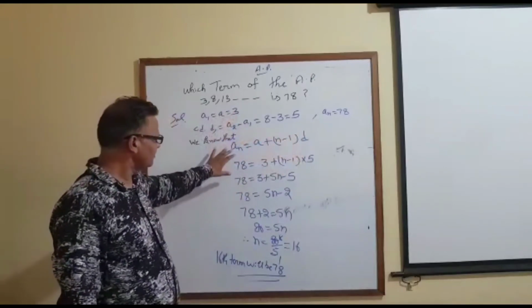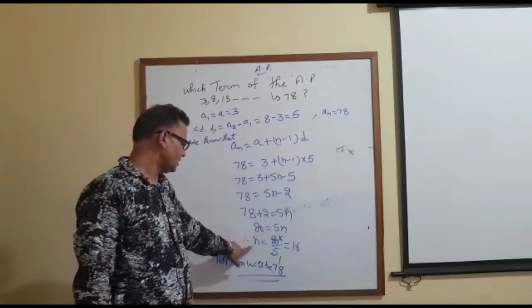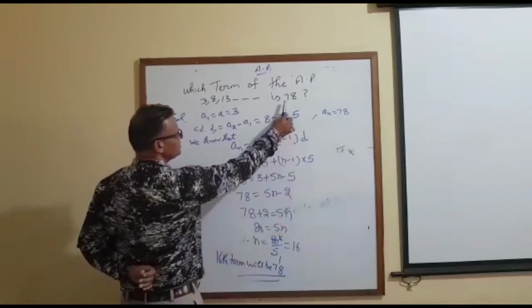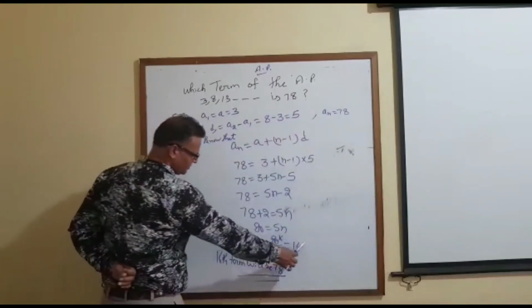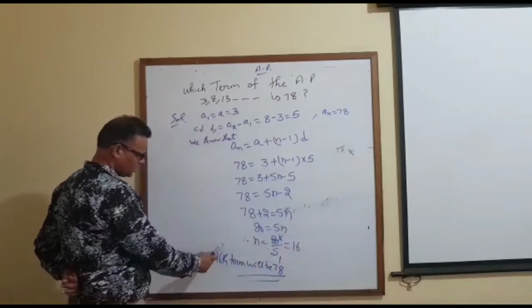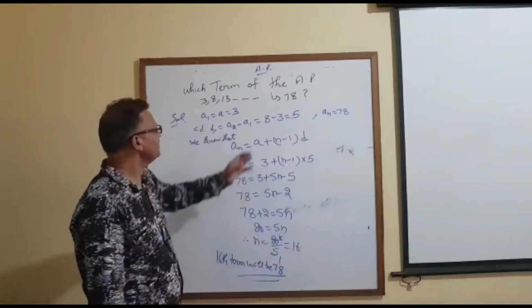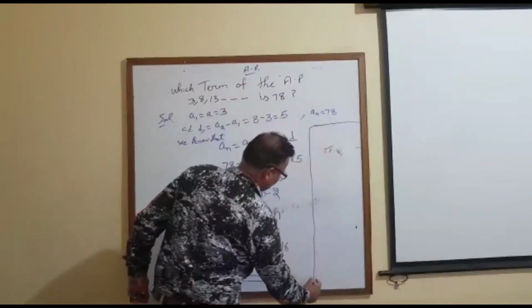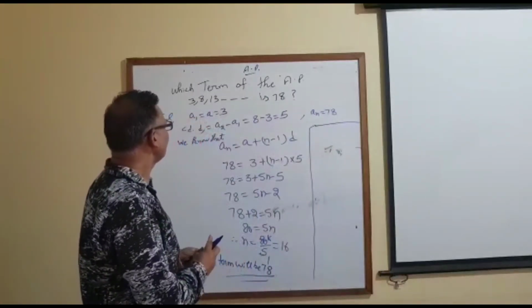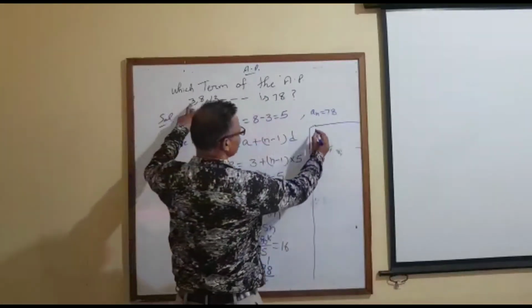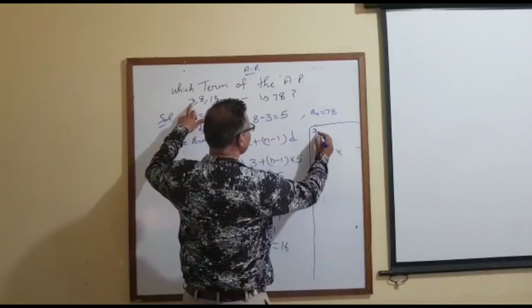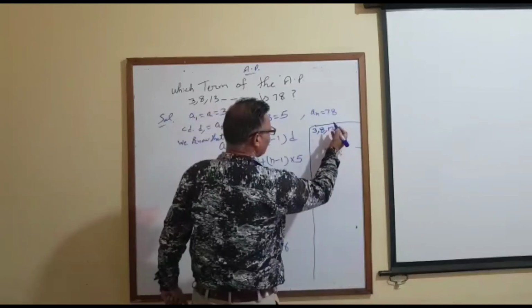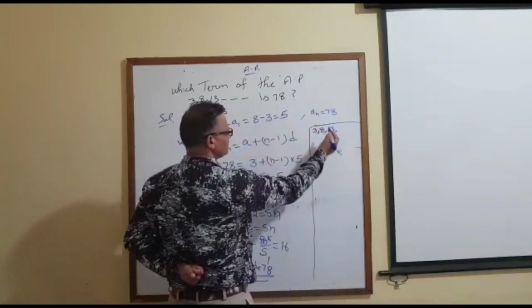Now put the given values here. After simplification you get n, whichever value of n you get. In this case the 16th term will be 78. You can check it by putting the values. The common difference is 5, so first value 3, second 8, third 13, and going on adding 5,